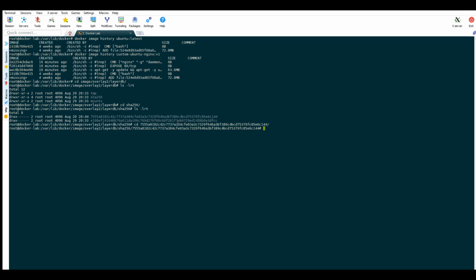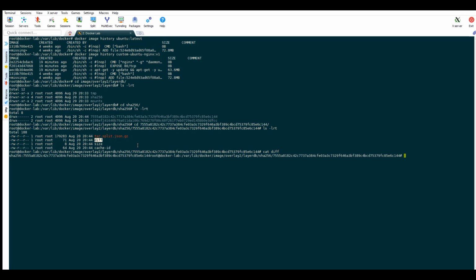Let's explore the first directory. Here we have three files, diff, size and cache ID, which will give you the difference that it has in the file system, the size of the image and the cache ID. We can go to the diff and get the SHA-256 value, which will be the same as the directory.